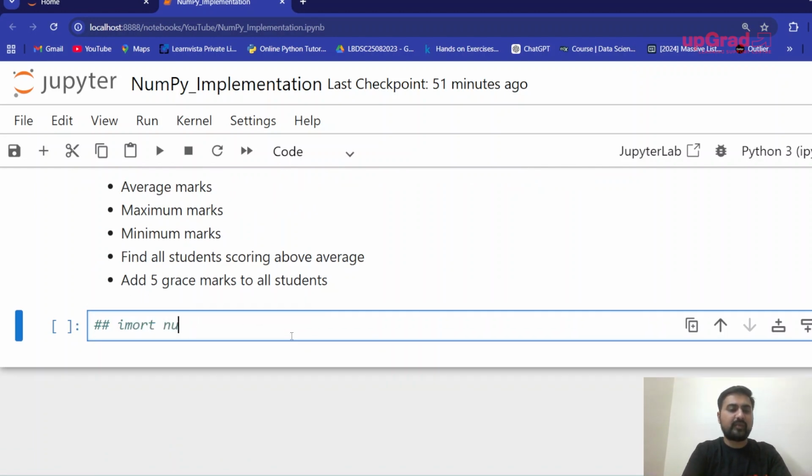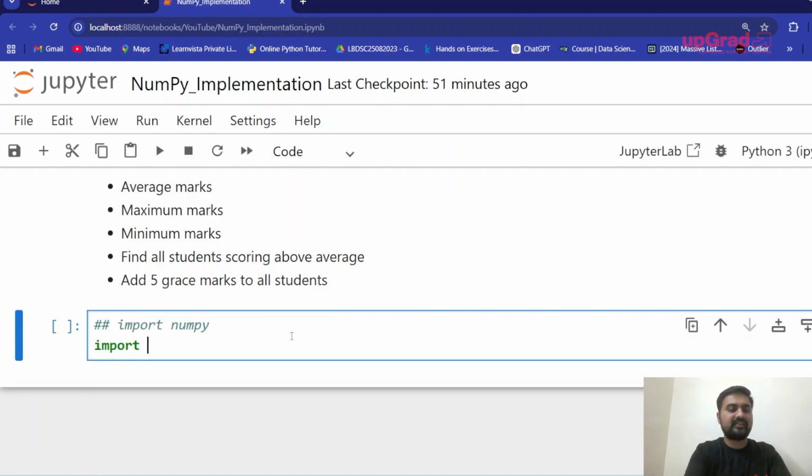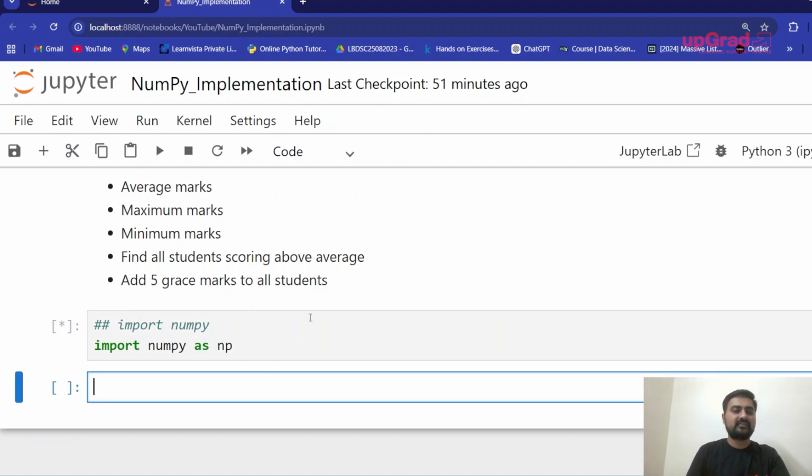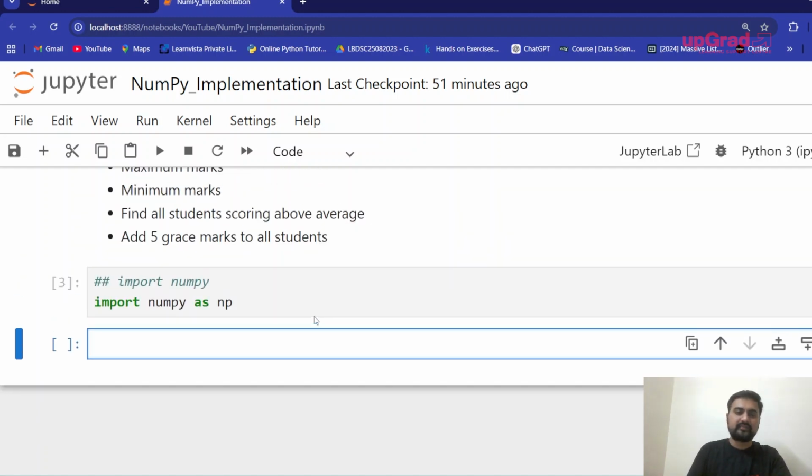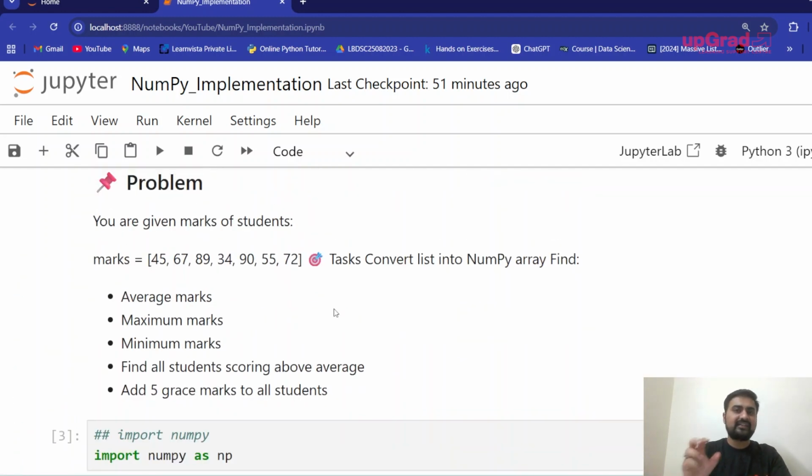And importing of NumPy works like import numpy as np. ठीक है, we'll run this code and yes मैंने install करके रखा था कि NumPy is there and now the NumPy has been imported. So let's go to the question and read what it wants us to do. So the problem statement says that you are given marks of the students. So marks of the student is a list and in this list we want to convert it into a NumPy array first. So let's go line by line और उसी problem statement का implementation करें.